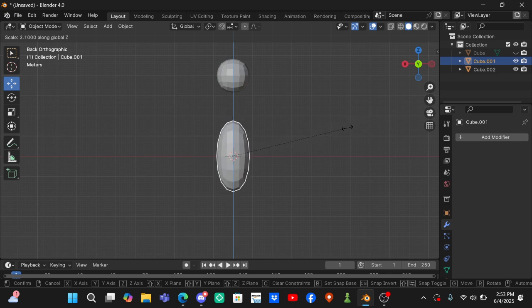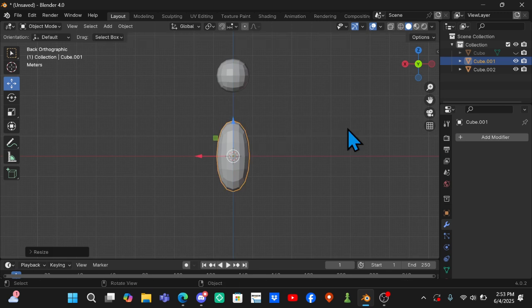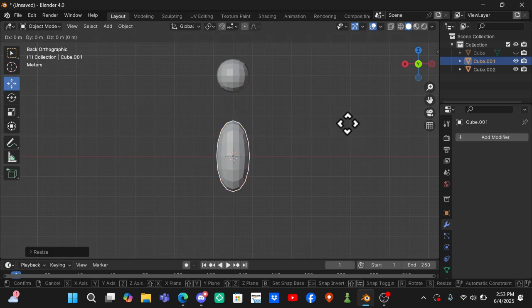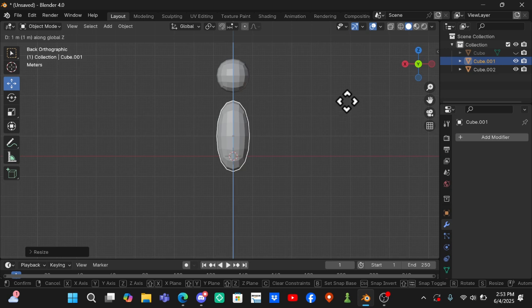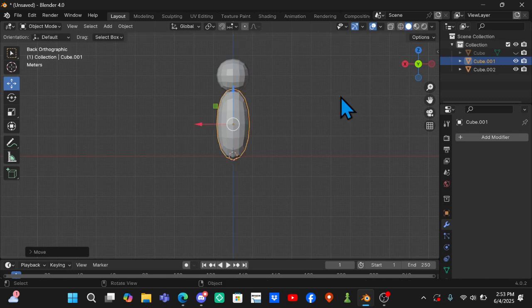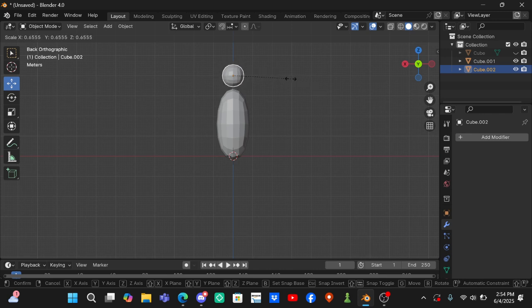So I'm going to go like this big, and then I'm going to click on G, Control, and move it up. Maybe don't hold Control, because sometimes it will do that. So I'm not going to hold Control, but I'm just going to move it up a bit till it is on the head-ish. Now you want to come back to Cube 2 and just scale that down a little bit,